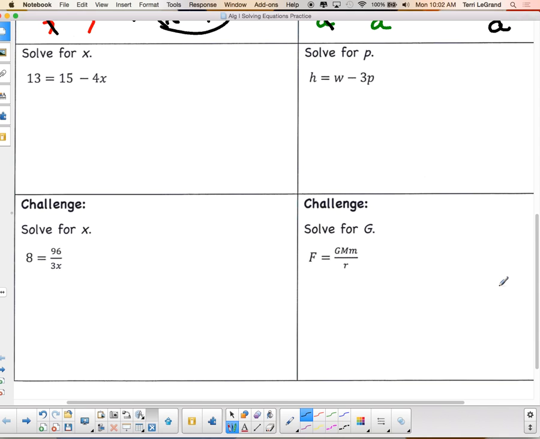Okay, AJ, what was your first move? Subtract 15 from both sides. Okay, why are we subtracting 15? Because 15 is a positive number. Okay, and he's right. We do subtract 15, but here's what happened a lot when I was correcting papers,